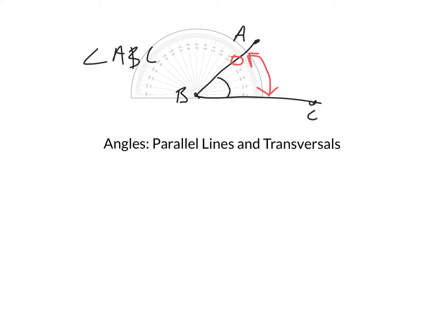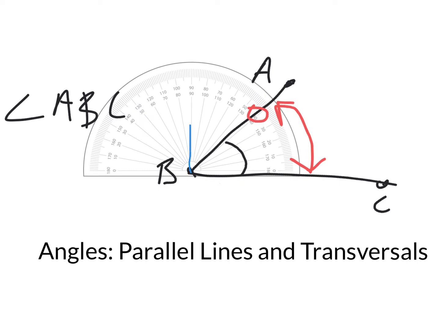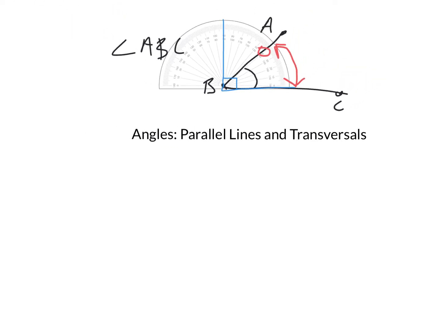An angle that most of us are familiar with, I'll draw this one in blue, is a 90-degree angle. Let's try that again. A 90-degree angle, which just goes straight up and down like this. And we usually denote that by making a little square in the bottom corner of the angle. So let's talk about 90-degree angles for a second. I'll draw one of those again. When you see one that looks like this with a rectangle, we know that this is a 90-degree